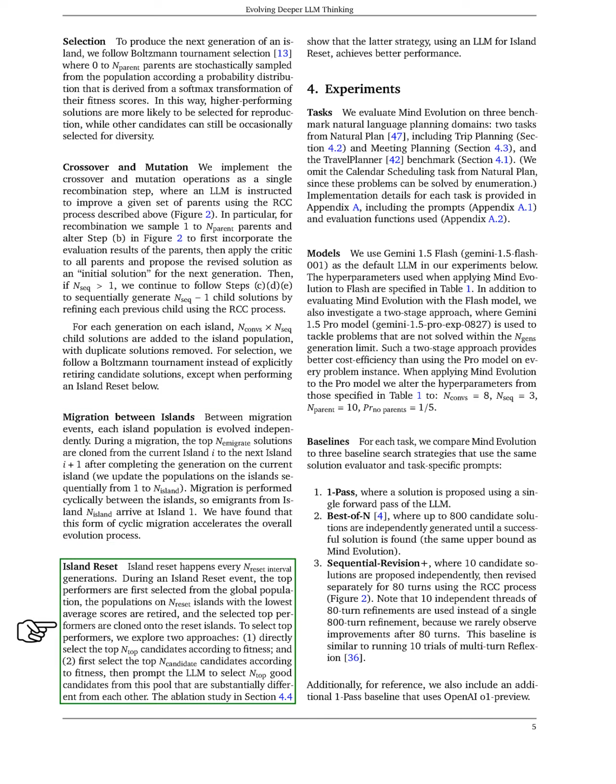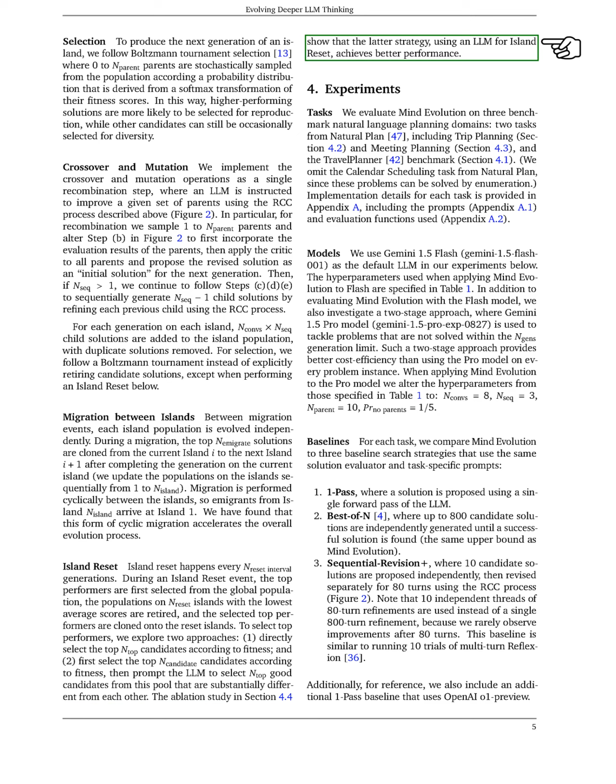We perform an island reset every few generations, where we select top performers from the global population and retire the lowest scoring islands. We explore two methods for selecting top performers: directly choosing the best candidates, or first selecting a larger pool and then using the language model to pick diverse top candidates. Our studies show that the latter method yields better results.